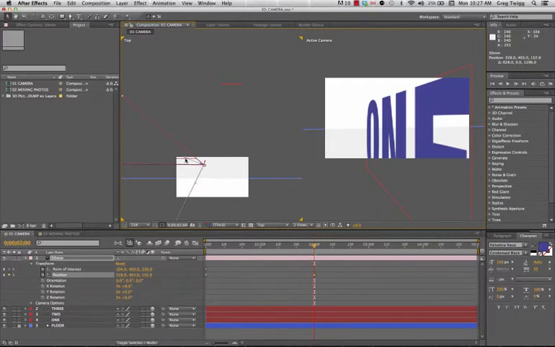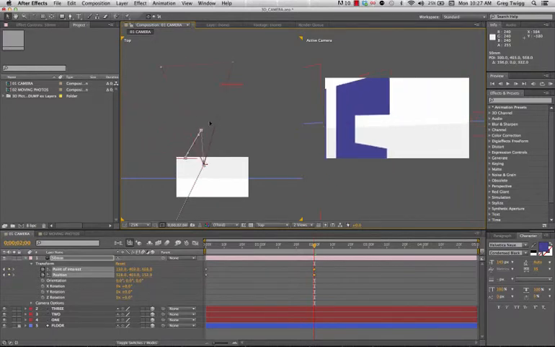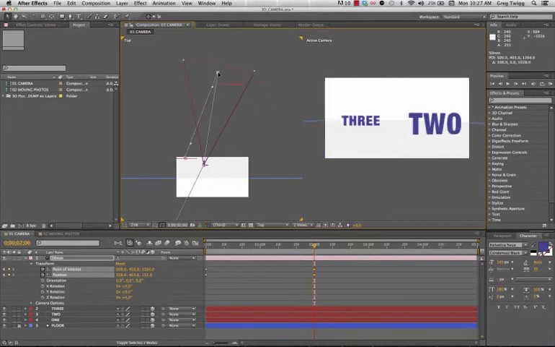So I'd have to grab that point of interest and move it, maybe toward somewhere over here, and then by 4 seconds, if I take the camera again and I advance it,